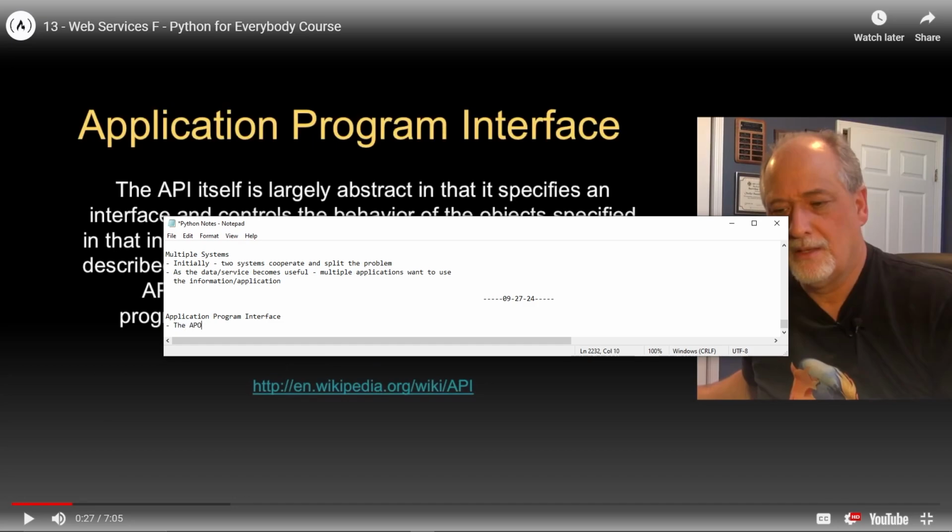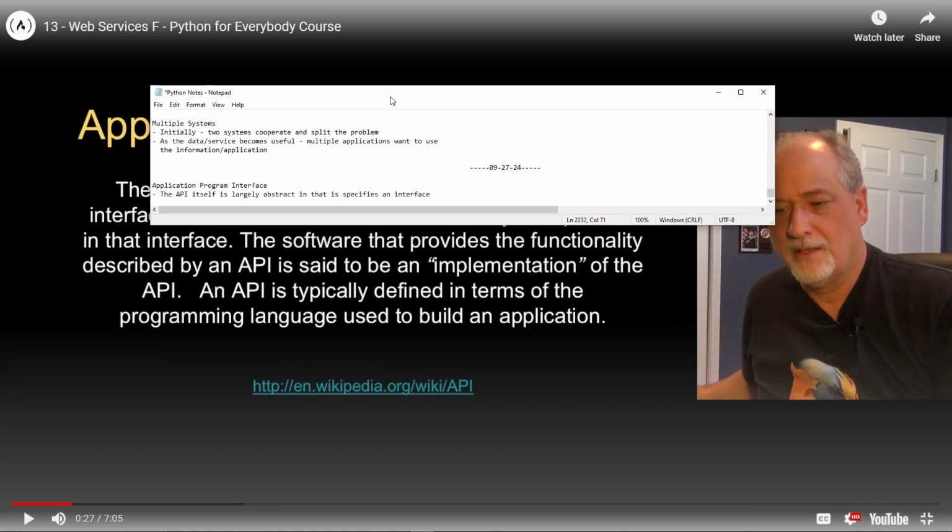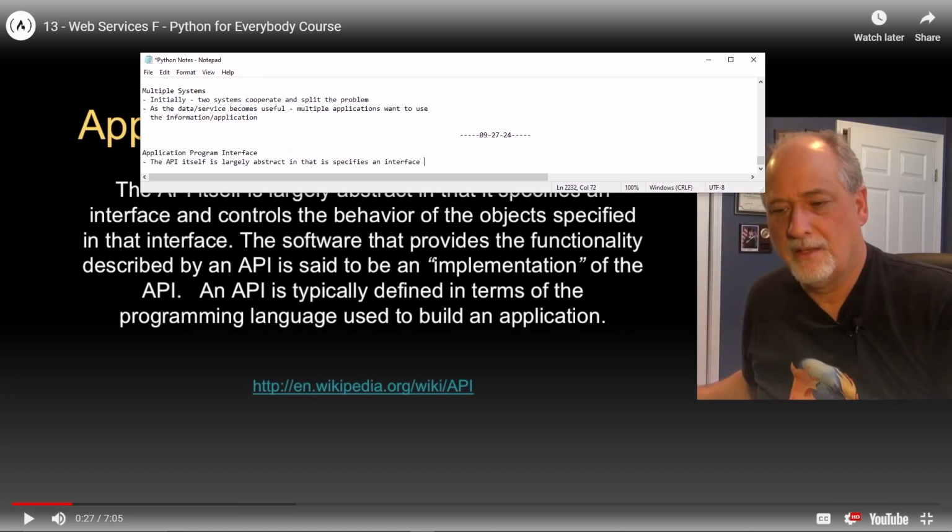The API itself is largely abstract in that it specifies an interface and controls the behavior of the objects specified in that interface.